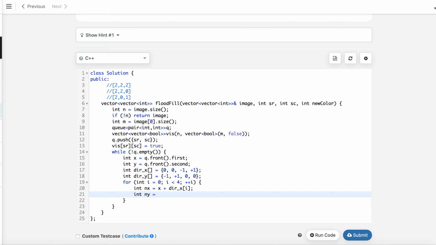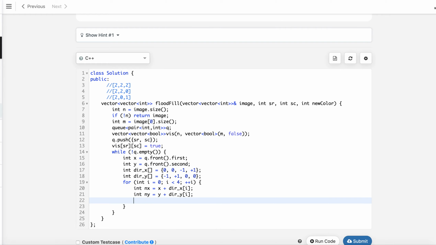Let's get the new y, which is the current y plus direction of y at i, and let's see if it is in the boundary condition: nx is greater than or equal to 0, nx is less than r, new y is greater than or equal to 0, new y is less than c,